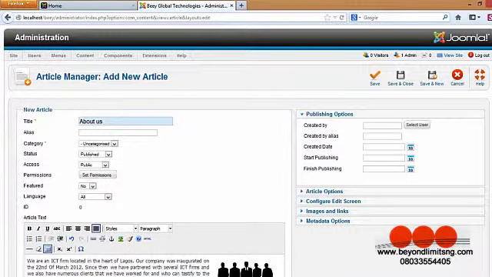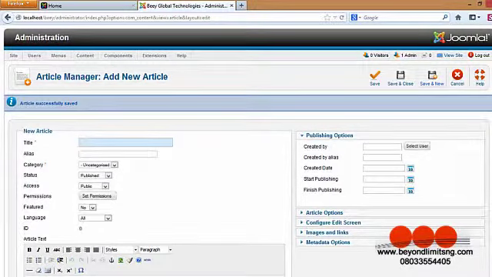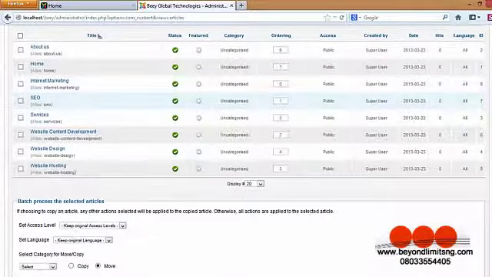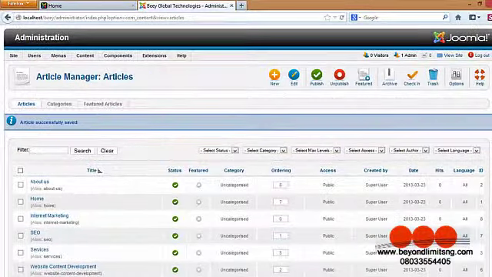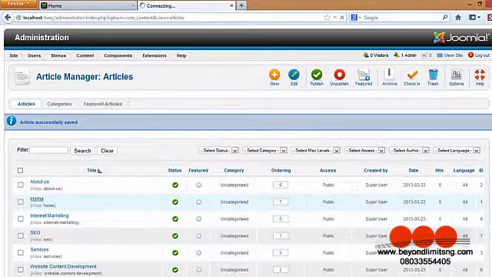So save and new to add another article. So I'll just go ahead and add the article for the remaining pages, and then we'll pick up from there in the next chapter. Okay, so I've added all the articles I'll be using for my website. I would like to show you some other features. If I click on the home article, for instance,